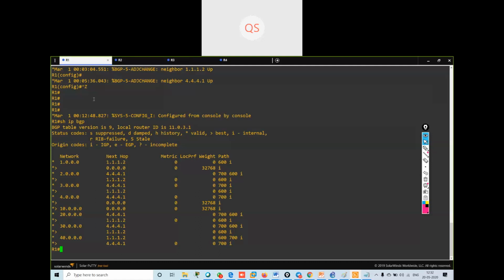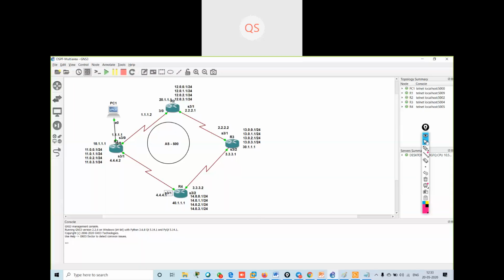So I will configure my R1. By default, my R1 is using 1.1.1.2. So R1 is using this path by default to reach any network, whether it is the 20 network or the 3 dot network.